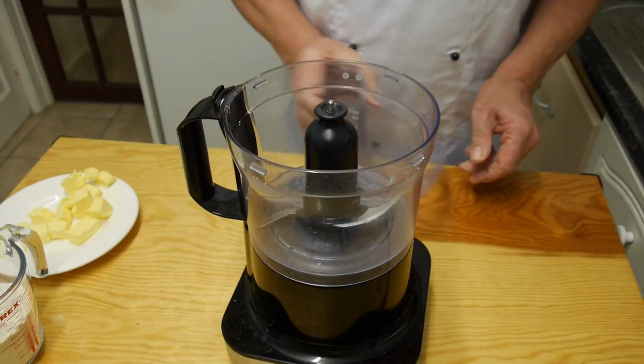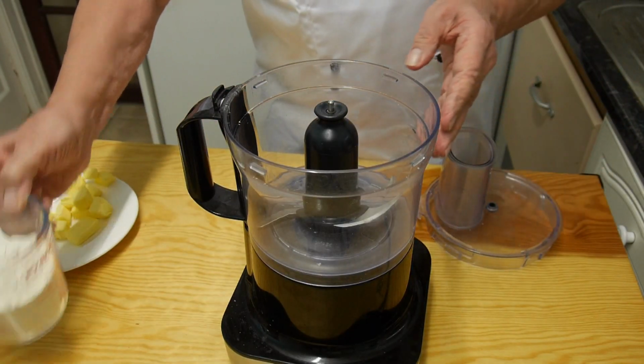Firstly, we're going to make the base. We're going to make a shortcrust pastry. We're going to do it the easy way. Some people might call me lazy, and maybe some people are going to be right. So anyway, in this food processor, I'm going to go with